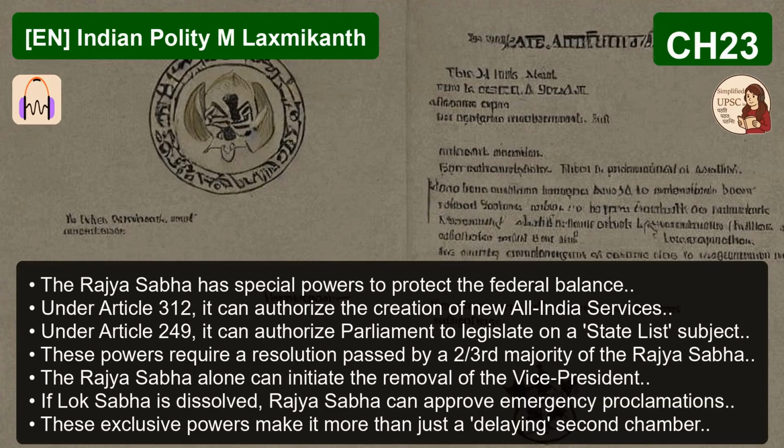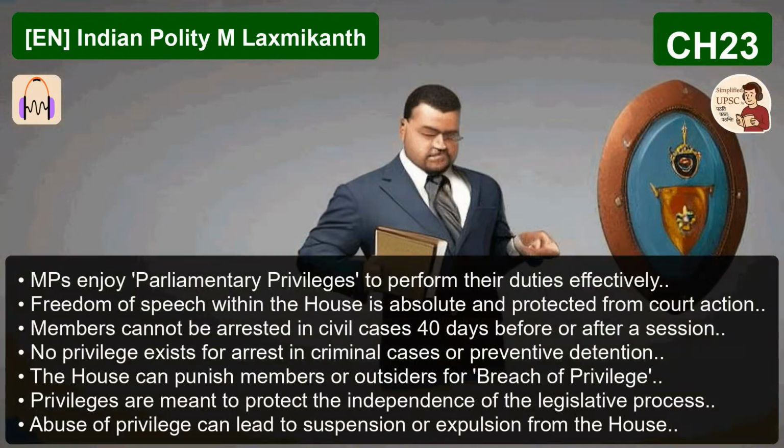Individual privileges grant members immunity from arrest only in civil cases. This immunity applies during the session and for 40 days before and 40 days after a session. Only civil cases. So if an MP is suspected of a serious crime or faces preventive detention, that immunity is gone. Absolutely. The privilege of immunity does not apply to criminal cases or cases involving preventive detention. It ensures that while legislative work is protected, members are not placed above the criminal law. They are accountable just like any ordinary citizen.